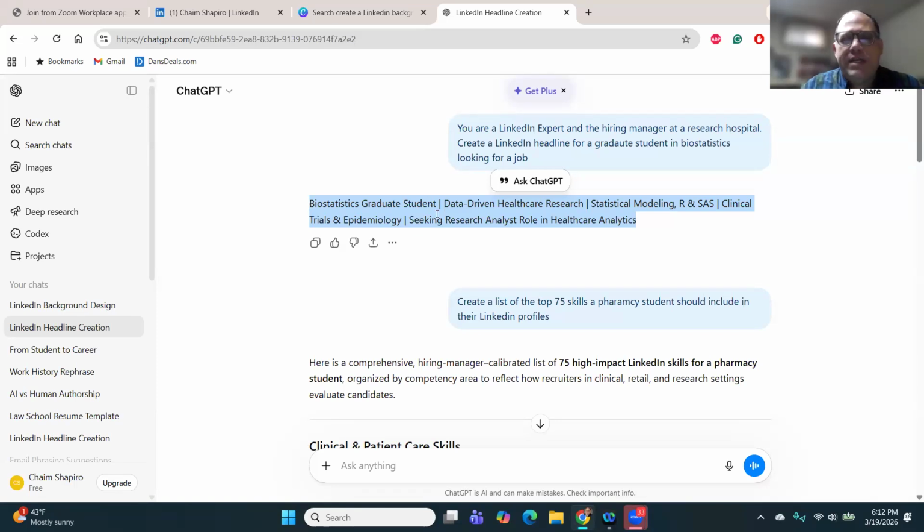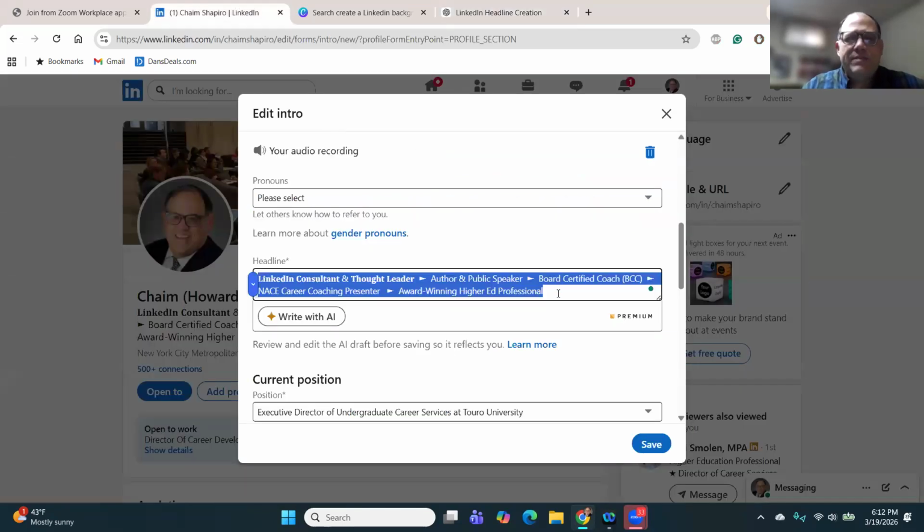I also think it's a good idea to separate different ideas with these little dashes or bars here, because big blocks of text do not work well and people cannot see them very well on social media. So make sure to maximize that on your LinkedIn profile. LinkedIn increased the number of characters you have, so you can usually include a nice piece of information there about what it is that you're able to do and what you can bring to the table.